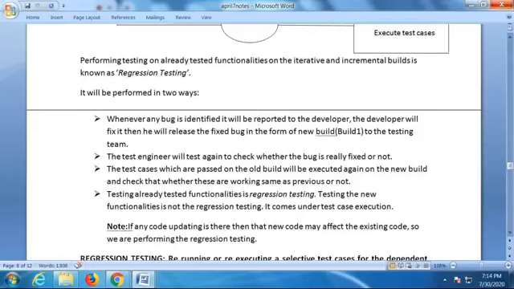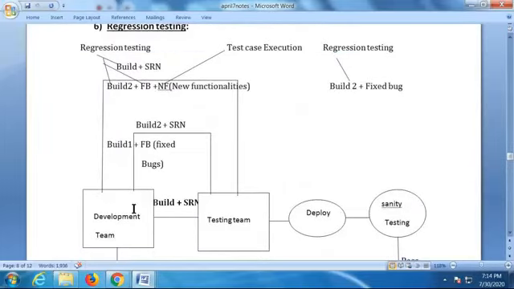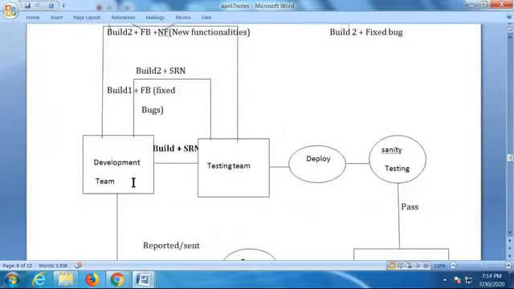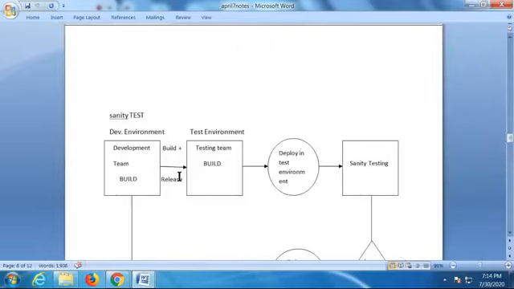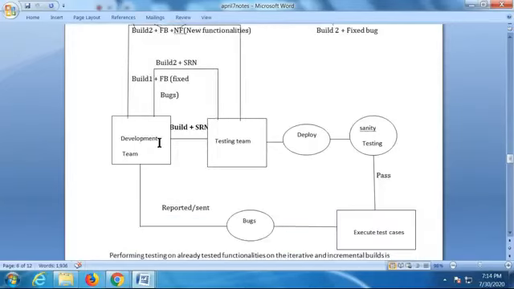Okay, so here look at the diagram. After developing the software, the developer will deploy it to the testing team. He will release the build plus SRN. SRN is very important. The testing team will deploy it in their system. First, perform sanity testing. Remember, for every new build,